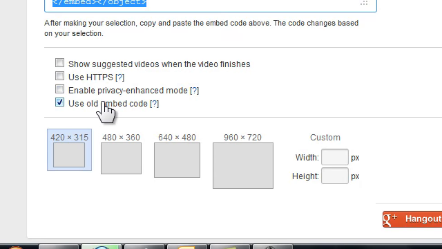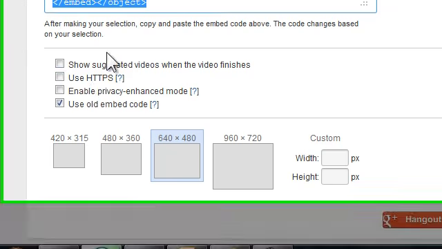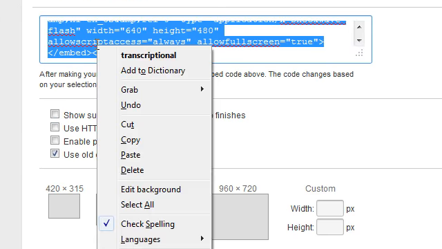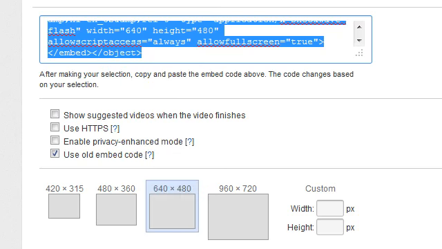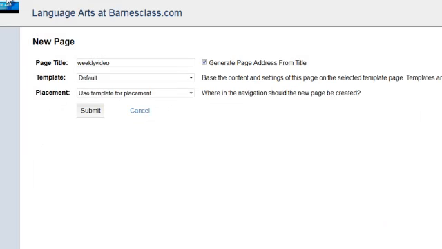I like to use the old embed code. I can change the size of the video. Let's say I want to go 640 by 480, good size video. And I could show suggested videos and all, but I don't really want to do that. That's one of the reasons I want to put it on my website, to get away from those kinds of things. Now I'm going to copy that code and I'm going to go back to my website, and what I've